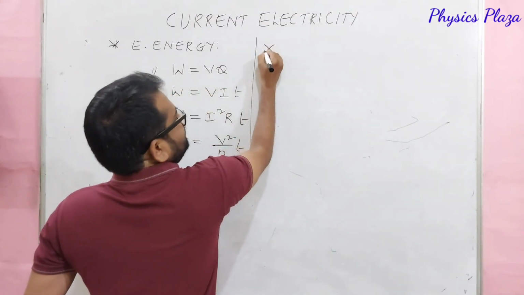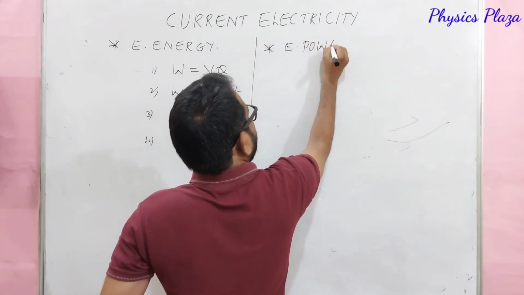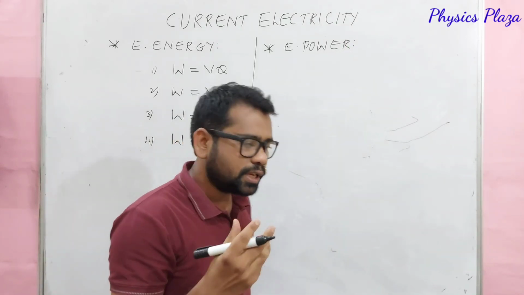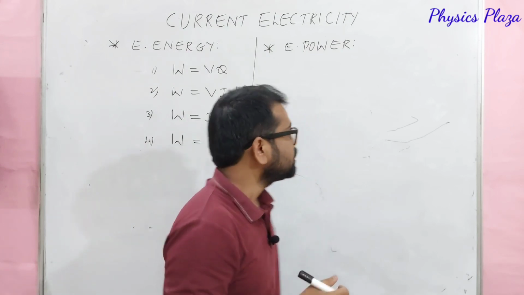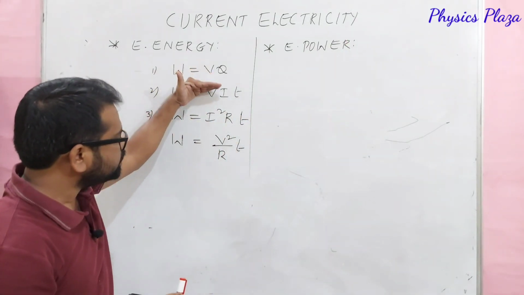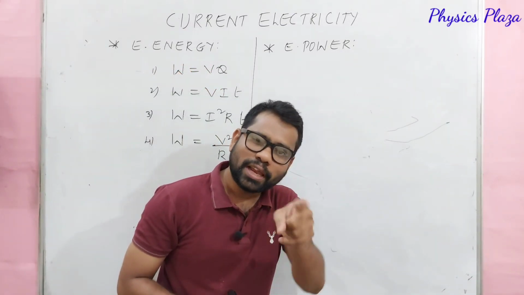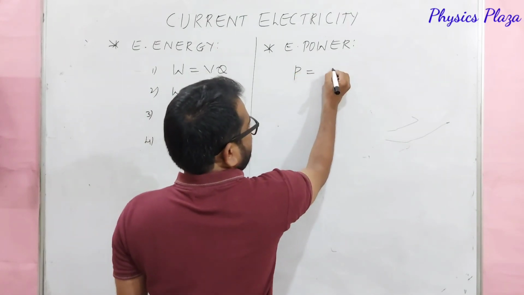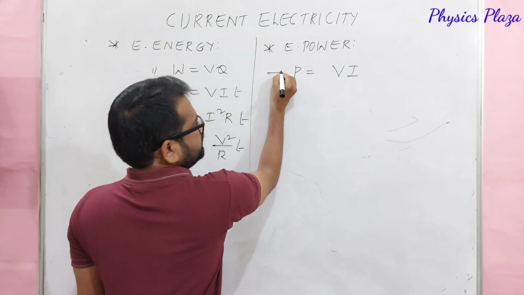Now we will see electrical power. So children, electrical power. What is electric power? Electrical work done by time, or else at what rate electrical energy is consumed by an electric appliance. As it is electrical energy by time, dear children, you just divide each formula by the time, then you will get the expression for electrical power. So the first one, P is equal to V into I. First expression.